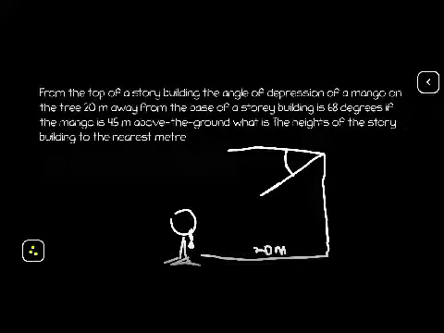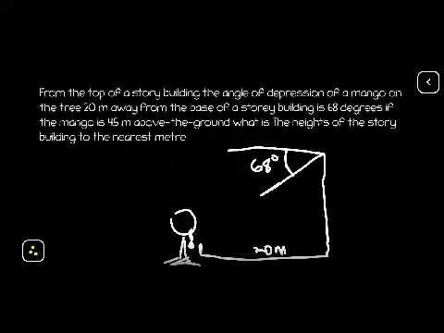Now they said the angle of depression, 20 meters away from the base of the story building, is 68 degrees. So this is 68 degrees for the angle of depression. But they said that the mango is 4.5 meters above the ground. So that means from this mango point,